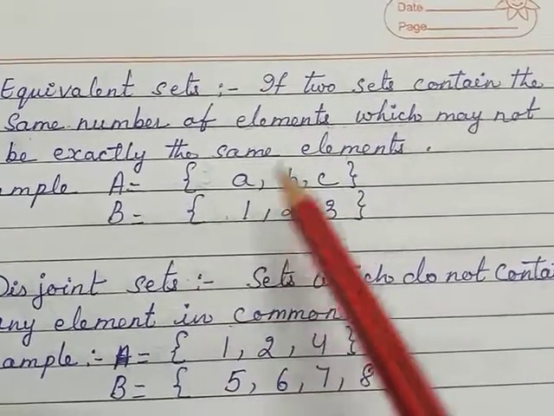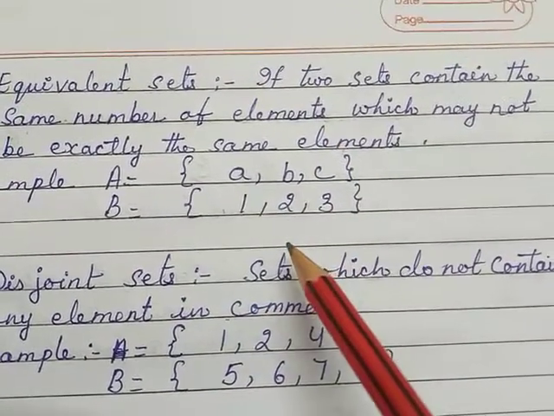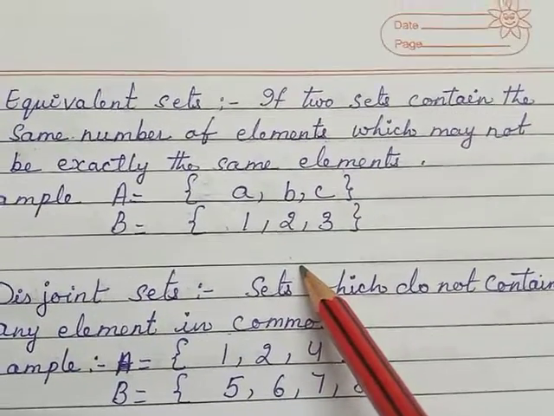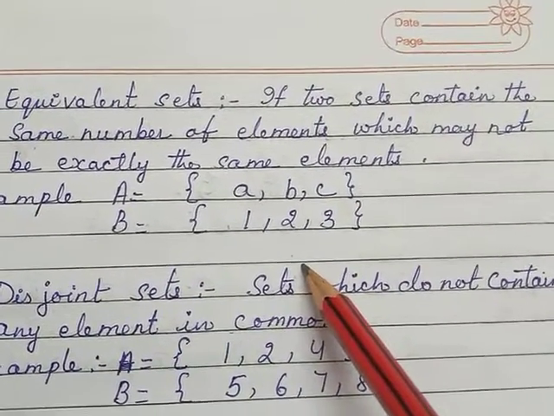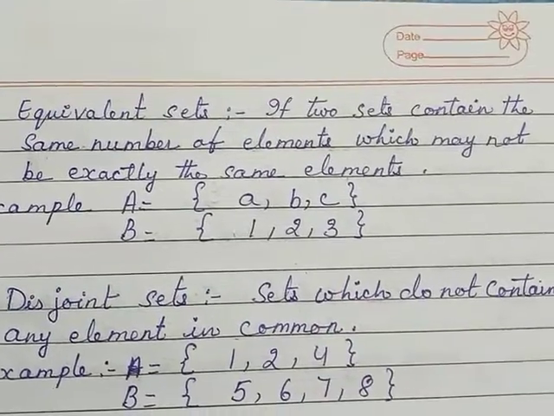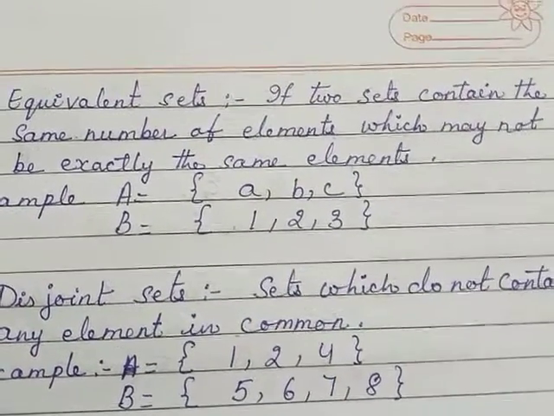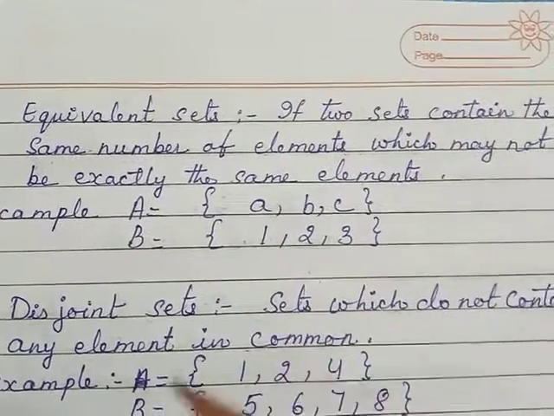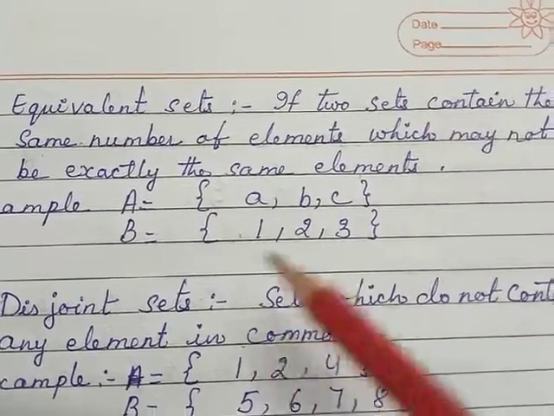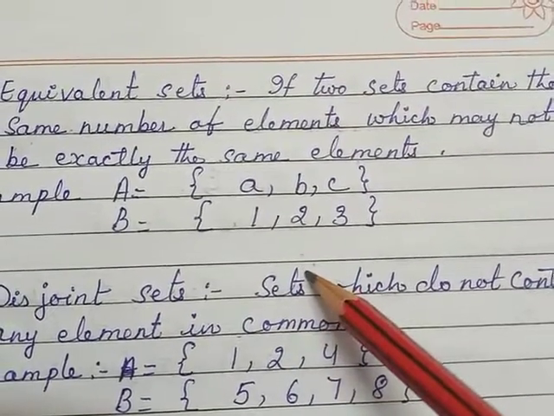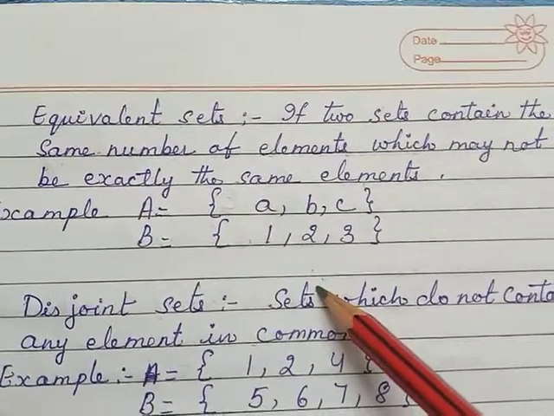If in set A 3 elements are there, in set B also there will be 3 elements. But they are not exactly the same elements. In equal set, the elements are same even though their number may vary. But in equivalent set, the number of elements in both the sets will be same even though the members